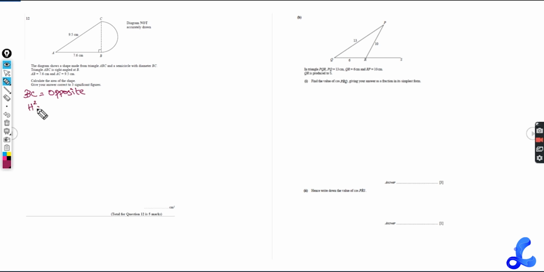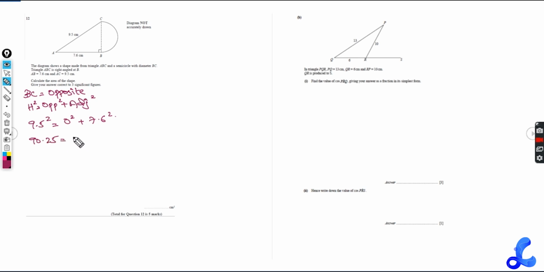Pythagoras theorem is h square equals OPP square plus ADJ, which is adjacent square. So h square we have is 9.5 square equals opposite square we need to find out plus adjacent square is 7.6 square, right? So now 9.5 square, if you try this on a calculator, the answer that you should get is